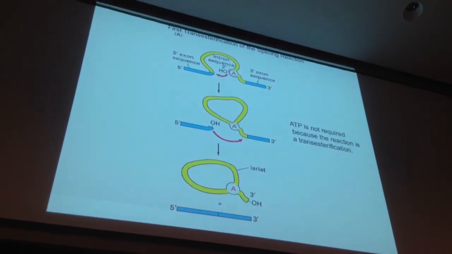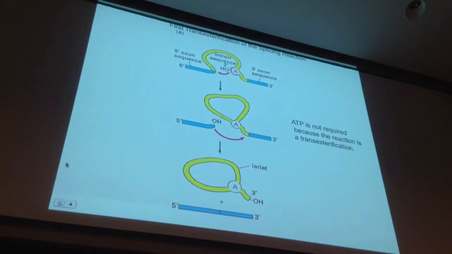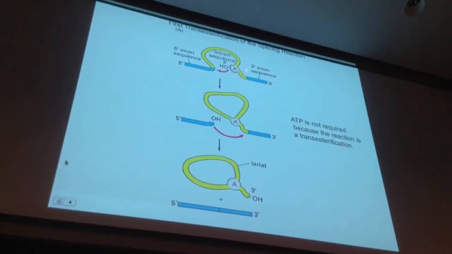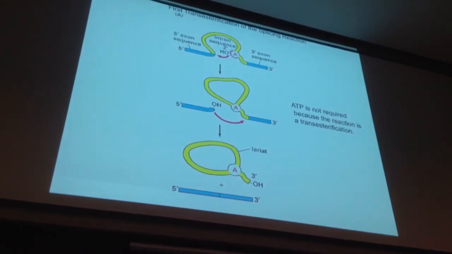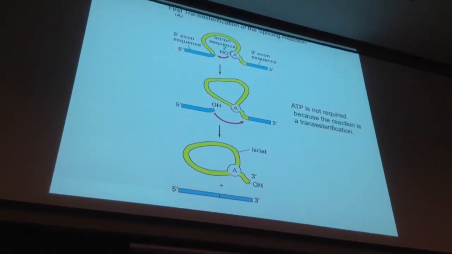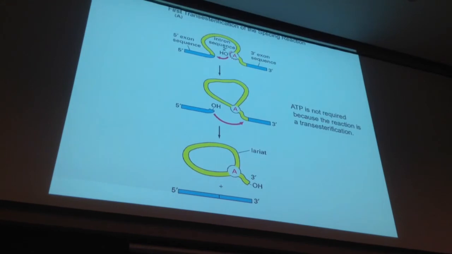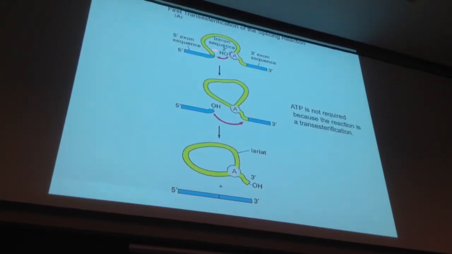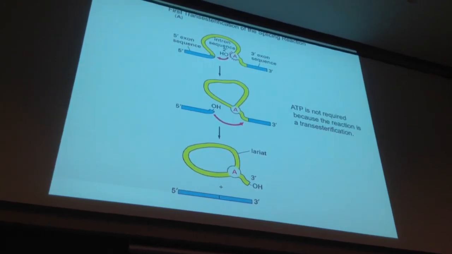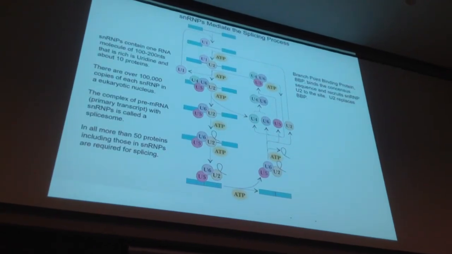Anybody else? Okay. So what directs this? I said that we have these consensus sequences that essentially define, or partially define, and I'll show you what I mean by partially later, the cleavage sites. And we also said that all you have to do is put these things together in order for this hydrolytic attack and then the transesterification to occur. The question is, how do you put them together and what's involved in this mechanism? And the answer is that there are little molecules